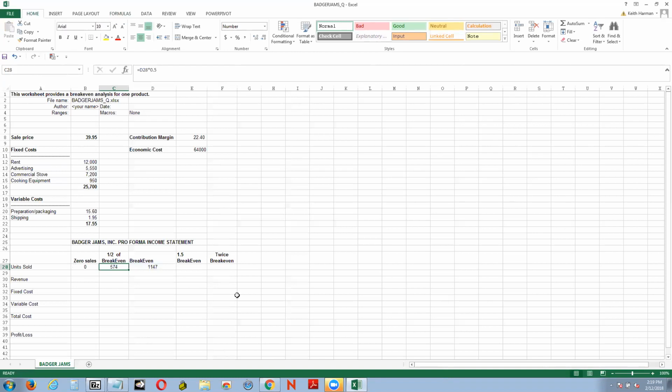Then we have break even, okay? And then 1.5 break even. And notice I did 0, then a half, then break even. And now we're going to do another increment, which would be 1.5 times. This will equal, okay? And that'll be times 1.5. And then I'll click the format painter, pardon me. Go back here, I'll click the copy, the format painter, boom. And the 1/2 break even is 574, and then twice break even will equal